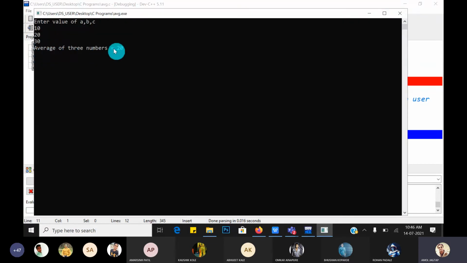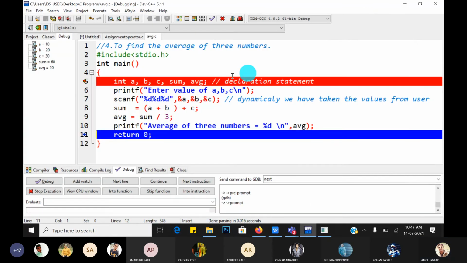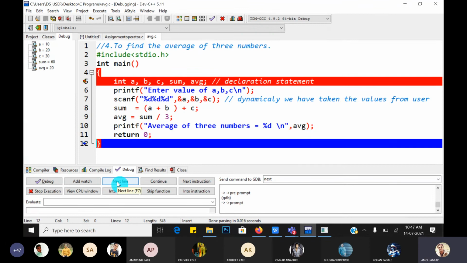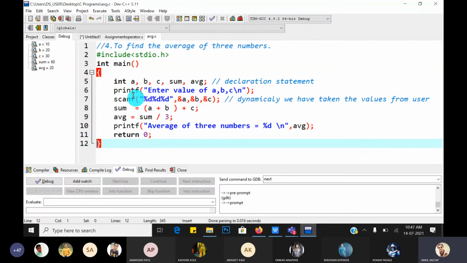Let's check. Average of 3 numbers is equal to 20. Great. Now next line and stop the execution of your program. This is called debugging, and it is most important to find out runtime errors, which are called exceptions.